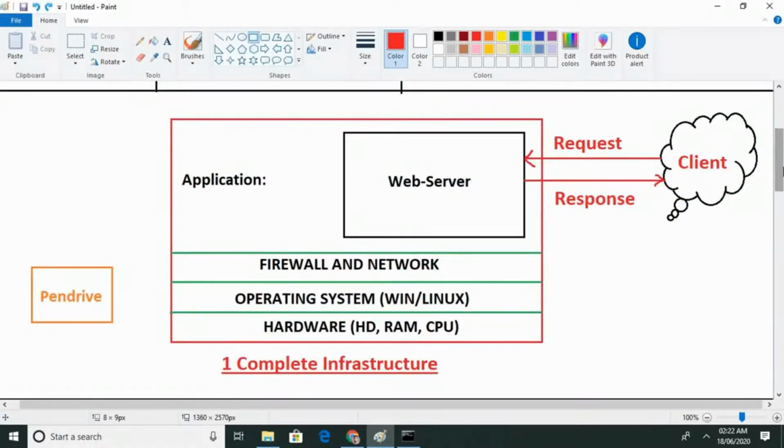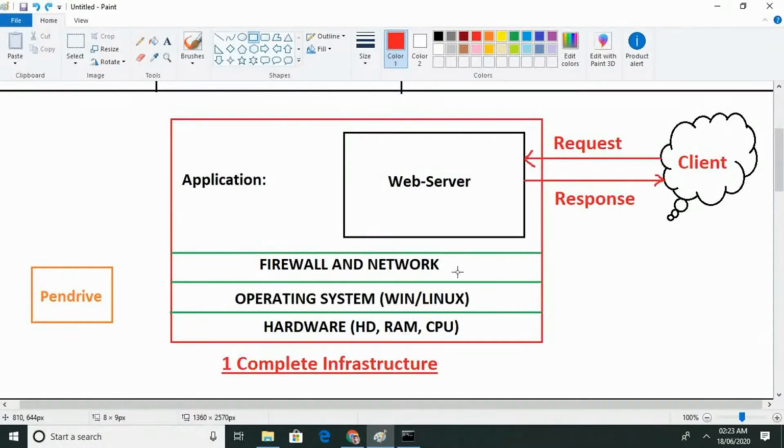So this is the complete infrastructure that we need to launch a web server. In the real world, if you have a physical hardware or physical system, over there also we need all these things. We need hardware, meaning a hard disk, RAM, and CPU. On top of the hardware we launch an operating system, Windows, Linux, anything. On top of that we have network and firewall.